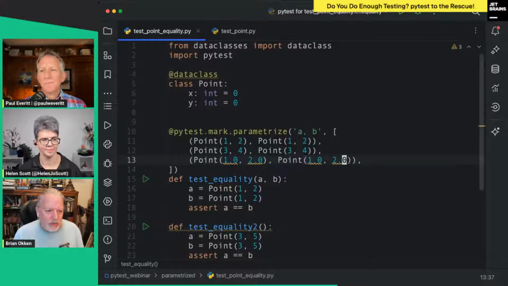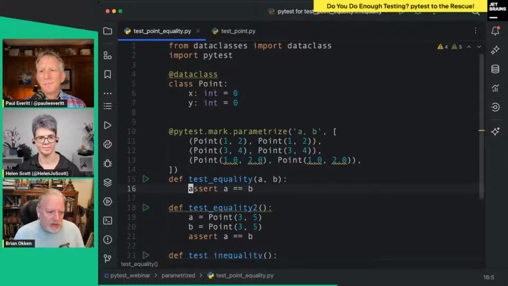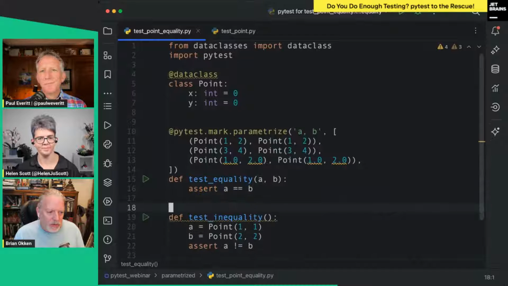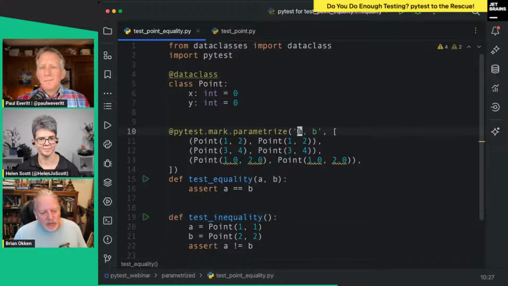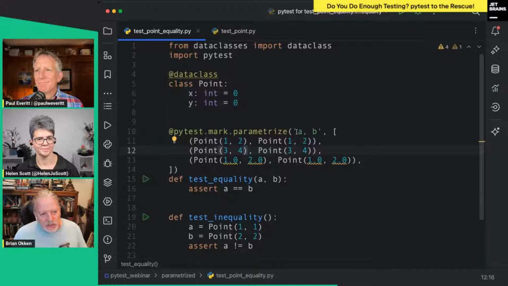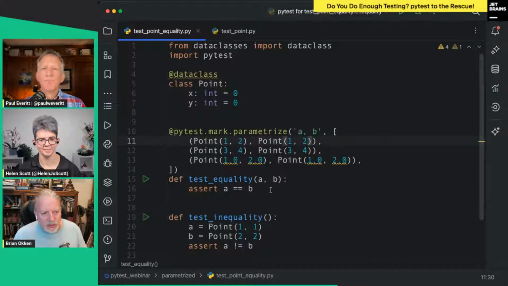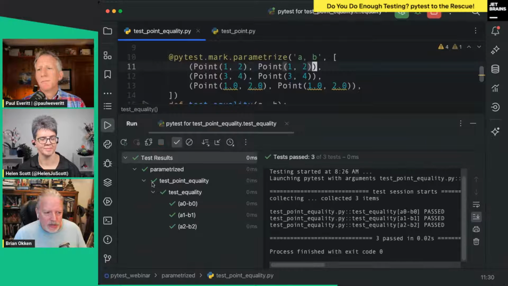1.0, 2.0. And we're going to hope that these are all equal. So what's going to happen is PyTest is going to run this. We get rid of these because we don't need to define A and B anymore. PyTest is going to run each individual one, and it's going to say, hey, for the first run through, A is 0.12 and B is 0.12, and run through it like that. Since these are all equal, it's not that exciting, but it is kind of exciting because